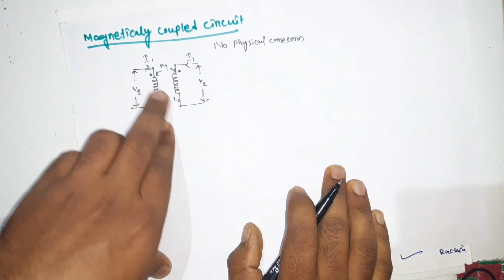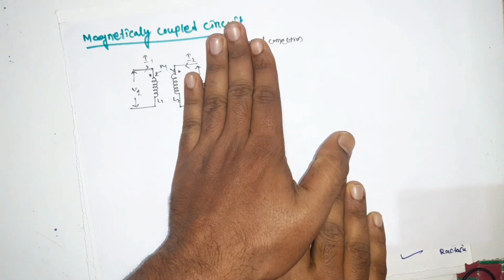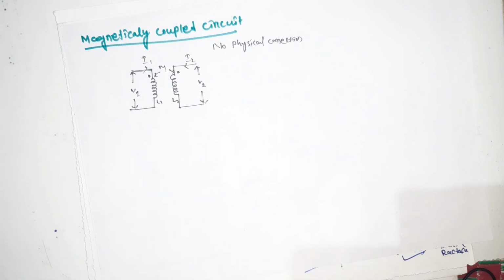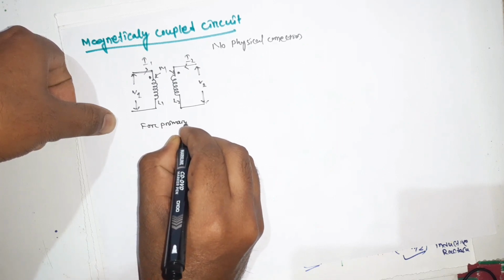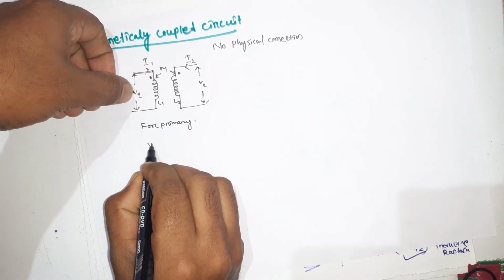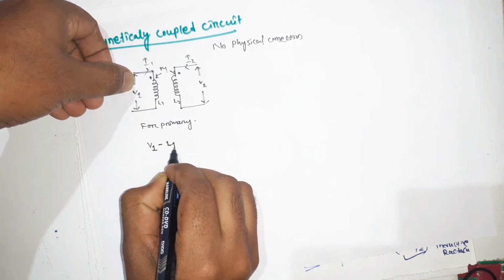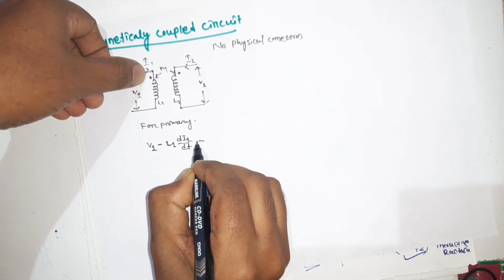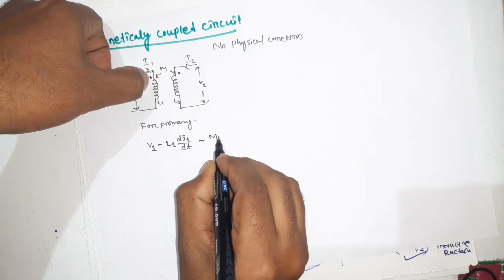First we write the equation for the primary coil and then for the secondary coil. This type of magnetically coupled circuit is used in electrical machines or transformer circuits. For the primary, when you apply KVL, V1 minus L1 di1 by dt, then minus the mutual induction due to the second coil current, M di2